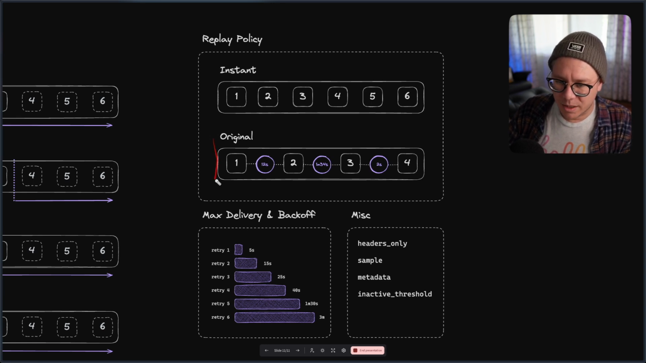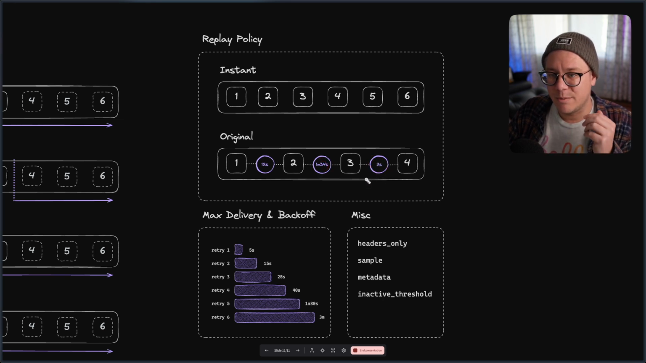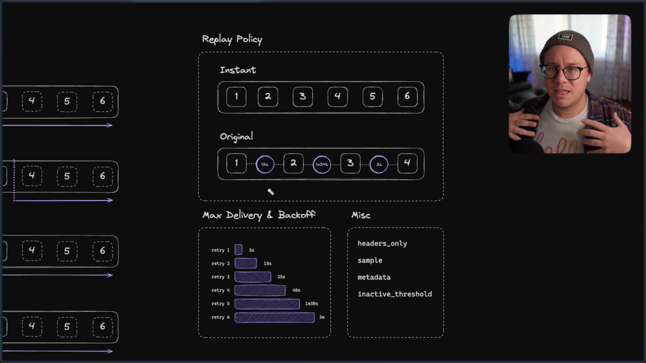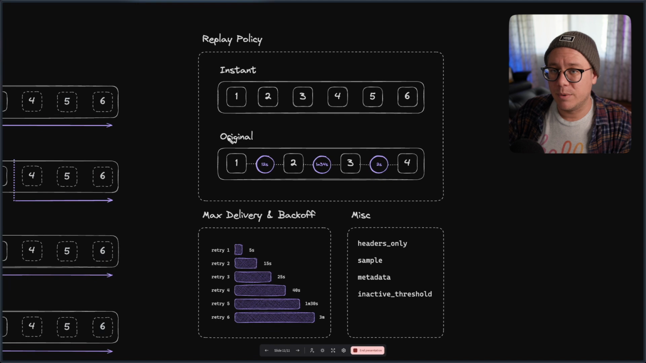The original replay policy is going to actually hold some of the messages back, and it's going to create timings in between each of these messages that are the same timings upon which they were received, which means that you're going to be able to play back the messages in the same timings that they were originally done in. So this is really great if you're doing maybe click tracking on the web and